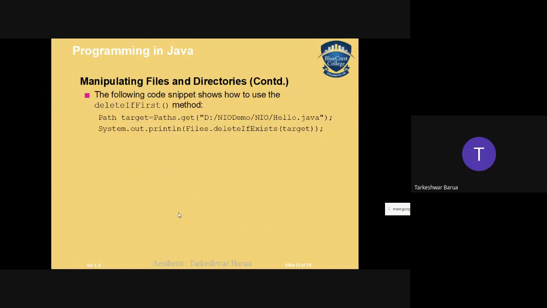If you want to delete a file and you also want to know whether it exists or not, use deleteIfExists. This is the big difference. If you delete a file that does not exist, it may raise an exception. But if you write deleteIfExists, then it will not raise any exception. This is the only difference.